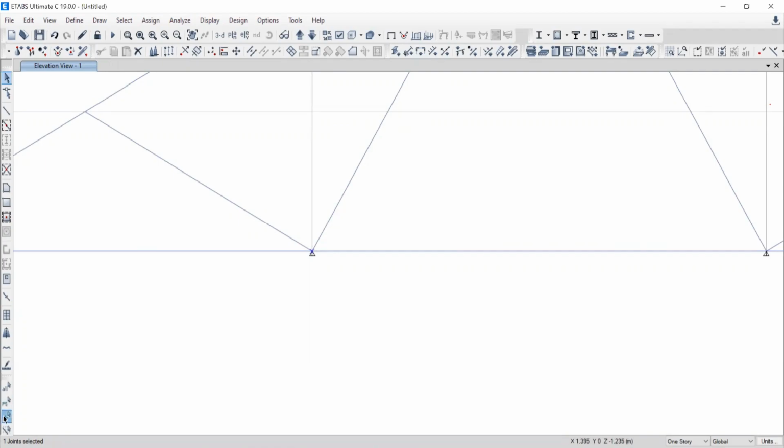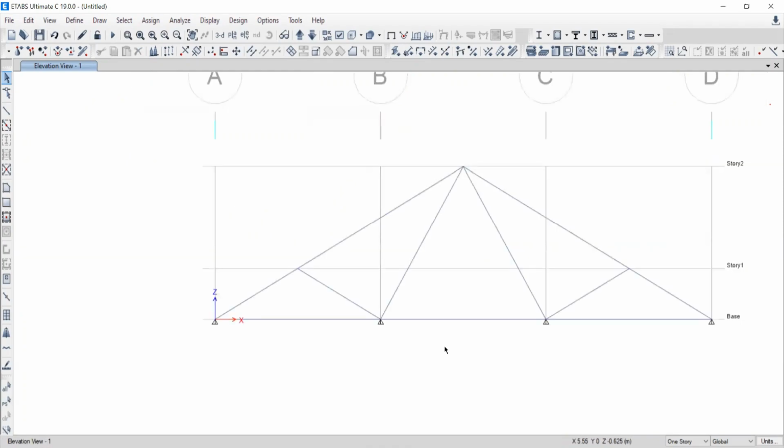Before that, very important, note it down. Those who are beginners with this ETABS software, very important point. Whenever you are going to work with this ETABS software, your concentration should always be on bottom left hand side and bottom right. Why is it? Whether you are working with one story, all story, similar story, with which option you are working,